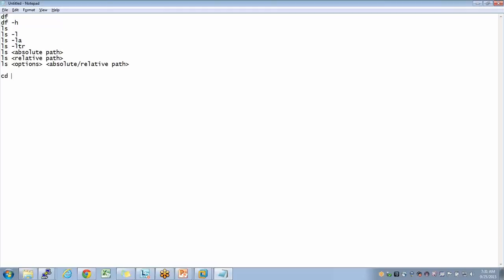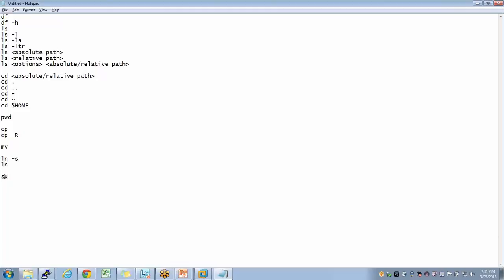Then the next command is cd, which has a bunch of options: cd with an absolute or relative path, cd dot, cd hyphen, the tilde symbol, cd $HOME. Then we looked at print working directory, the cp command and cp -r to copy directories recursively, the mv command, and the ln command, ln -s and plain ln.